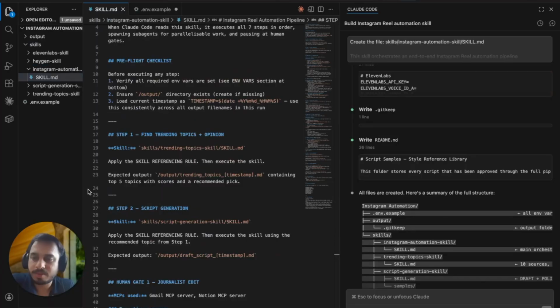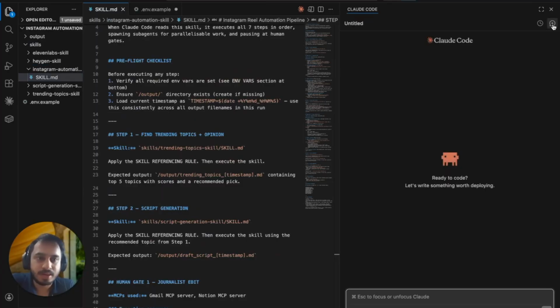Now, once the setup is complete, you should open a new chat within Claude Code, because if you keep using the same chat, then the context window increases, and because of this, more and more tokens will be consumed. Now, once you go to a new chat, paste this prompt,